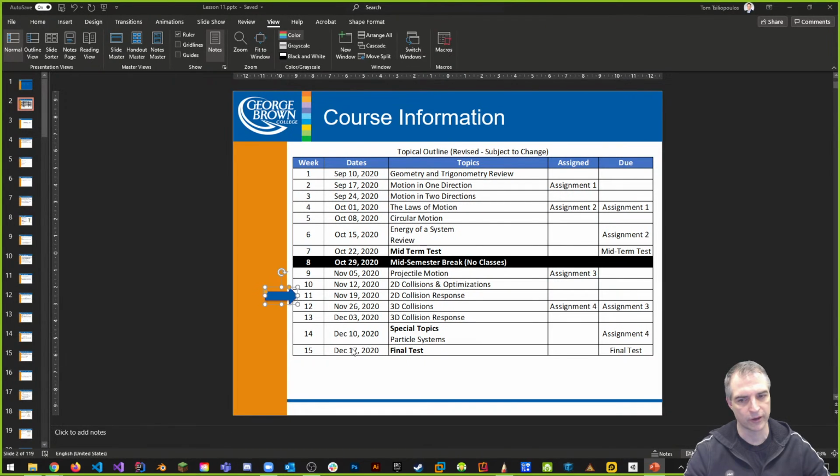We'll be using that time for any kind of Q&A, as I will be giving you a practical test to complete for the end, something that's based on collision detection and response. Something that's straightforward for you guys. Again, week 14, there's a special topics plan. Maybe we'll do particle systems. We'll see how it goes. I may also use this special topics week as a review week, where there'll be a chance for us to look at your assignment 4. Maybe like a presentation or something like that. Other than that, we're really into 2D collision response as well.